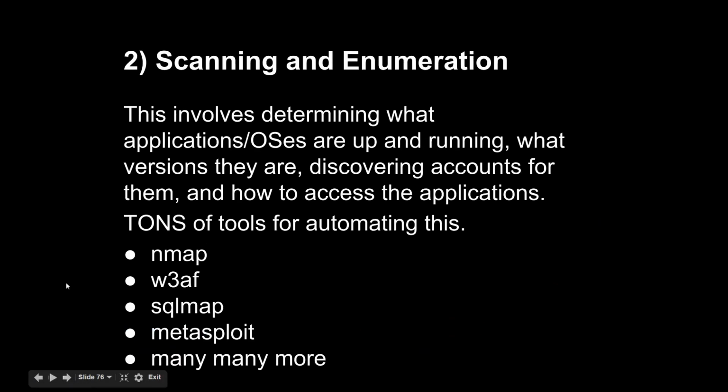Next step, once you've done intelligence gathering, is to scan and enumerate. This involves determining what applications and operating systems are up and running, at least for the ones that you can connect to on the network, what versions of software they are running, and discovering what accounts may be on them and how to access their applications. There are tons of tools that are out there for automating this, and we're not going to go over most of them,